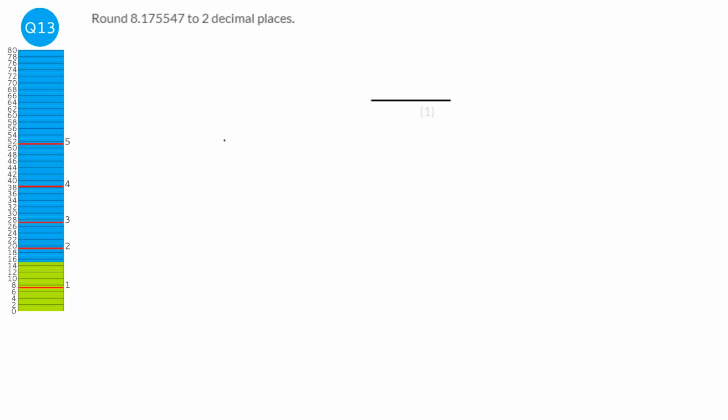So we're just going to start by writing the number a little bit bigger. So it says 2 decimal places, so we're going to draw a line after the second decimal place. Now all the numbers to the right are going to disappear, they're going to turn to 0, and because it's a decimal that just means we get rid of them. But we have to look at this number first. Now if this number is less than 5, we just keep the number to the left, so 8.17. But if it's 5 or more, then this 7 goes up to an 8. So this will be